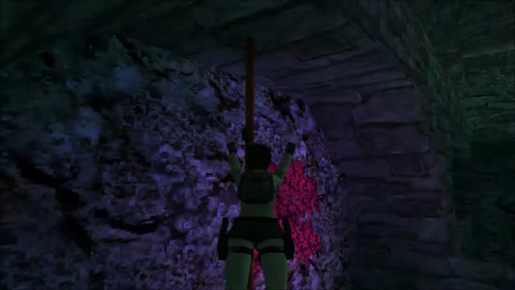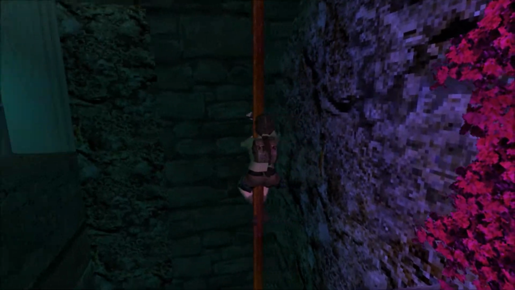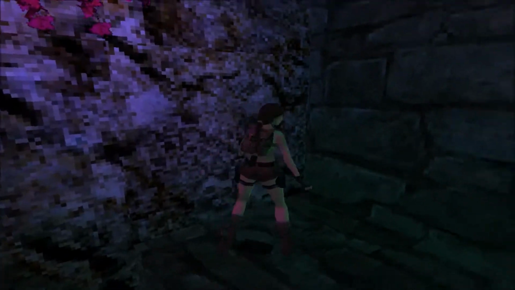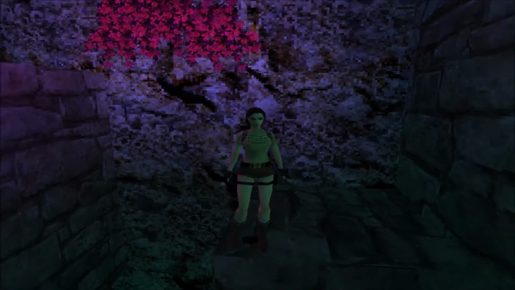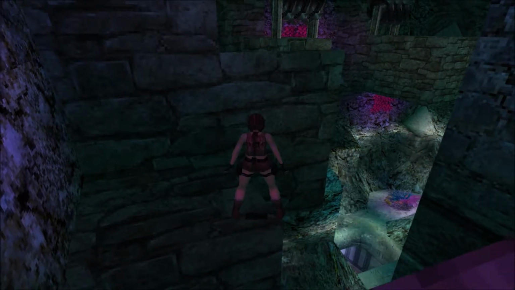Kind of angle to the left, get that pole. Spin around the pole, we'll backflip. Then we've got another area over here with blade traps. That's pretty nasty. Get over in the corner, we'll hit this slope, jump forward, and jump again, veer to the